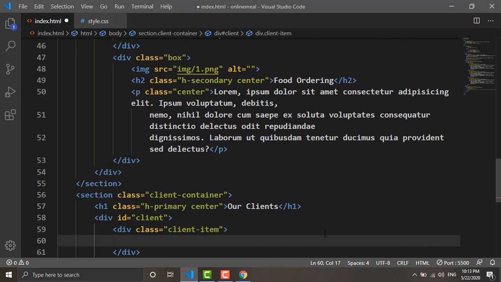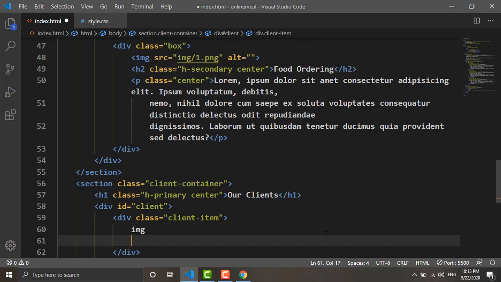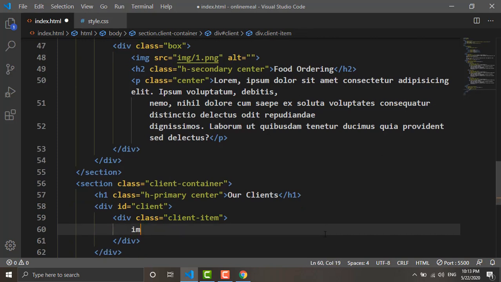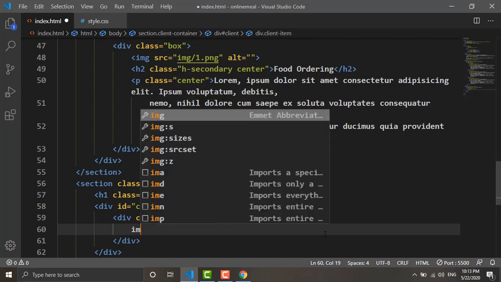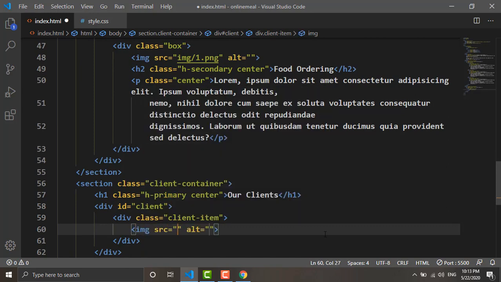Okay, so inside this client item I will add an image, img. So from img I will select here